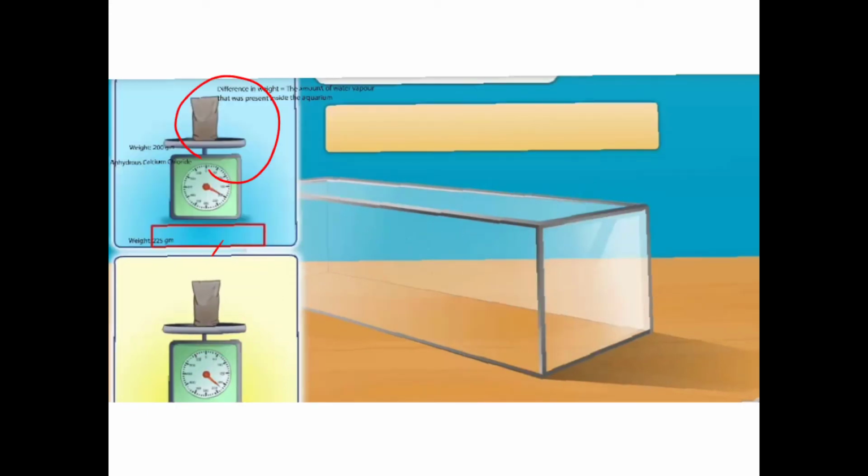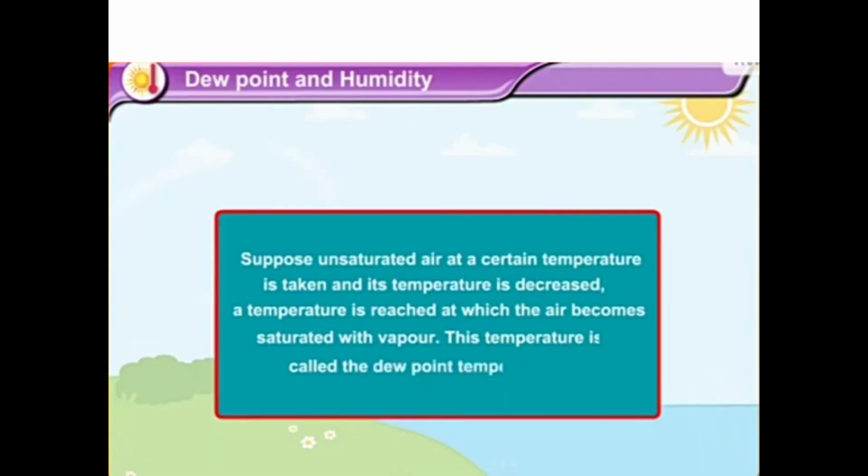The same thing. You will see there is an increase in the weight of the CaCl2. Now why is this increase observed? Because it has the property of absorbing water. So whatever moisture is there gets absorbed by this CaCl2, so it contains the water vapor in it. So automatically its weight will increase. So this is a simple way in which we can explain the water holding capacity and all.